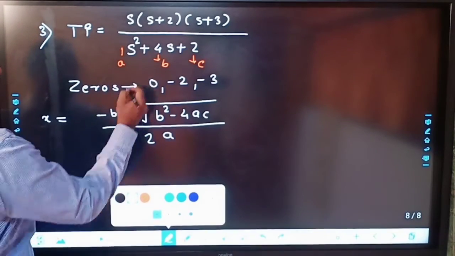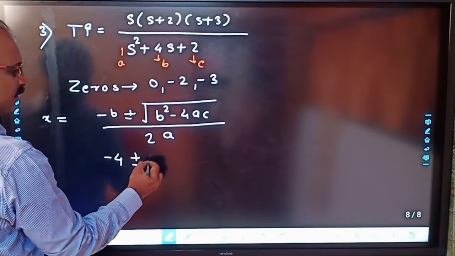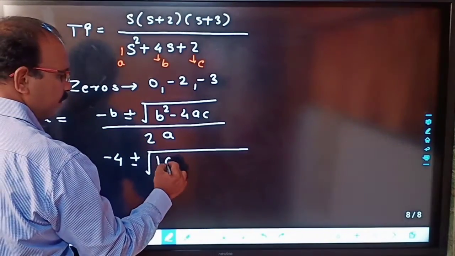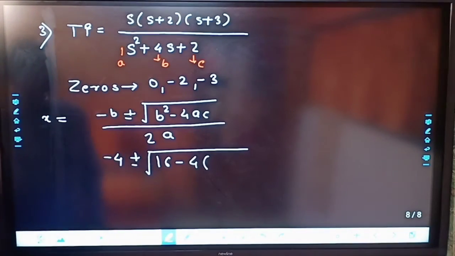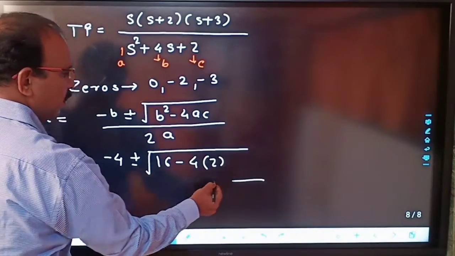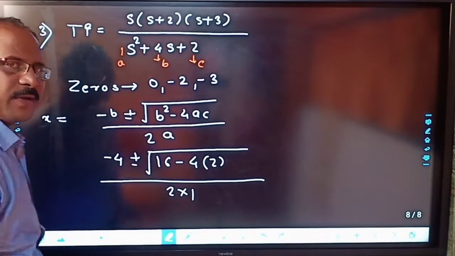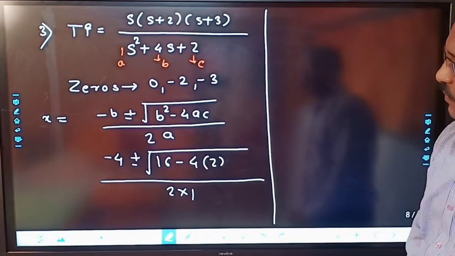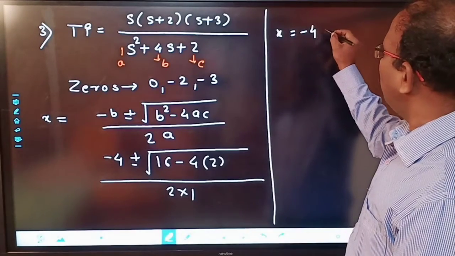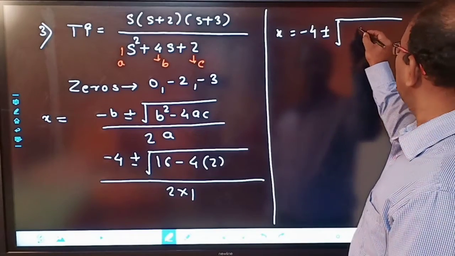So minus b is what? -4 plus minus root of b square, which is 16, minus 4 into AC. What is A? A is 1, C is 2, so that is 2, divided by 2 into A, 2 into 1. Okay, so this can be written like this. So here x, actually we get two roots, minus 4 plus minus root of 16 minus 8, that is 8,